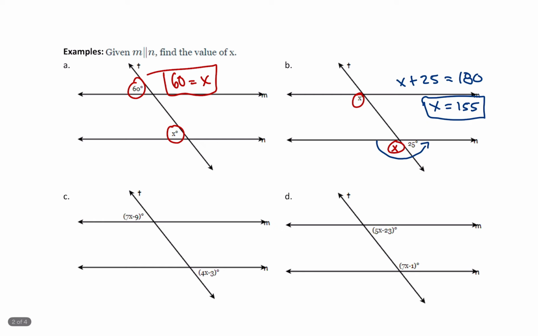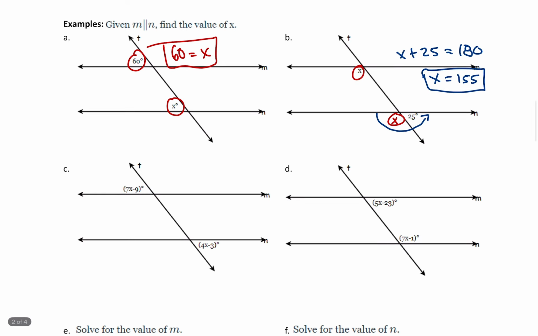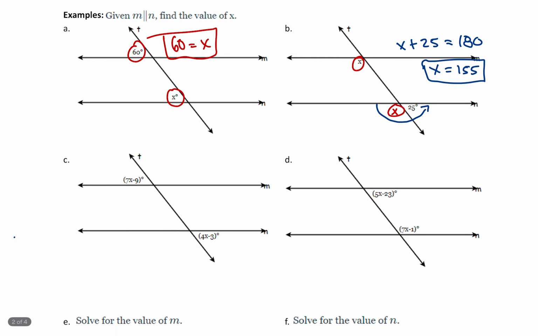Okay, on C, I noticed that these two angles right here are alternate exterior angles, right? They're both on the outside of those parallel lines and on opposite sides of the transversal. So those are alternate exterior angles, which means that they are congruent or equal to one another. So I can say 7x minus 9 is equal to 4x minus 3. Then I can subtract my 4x from both sides,